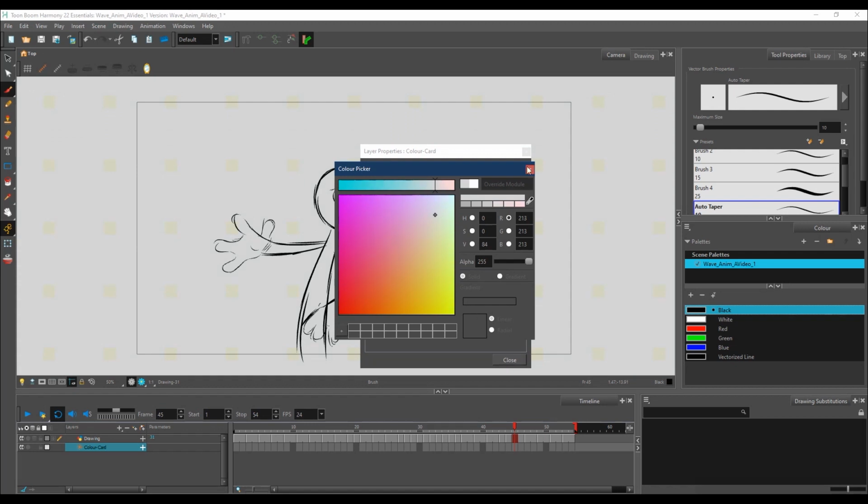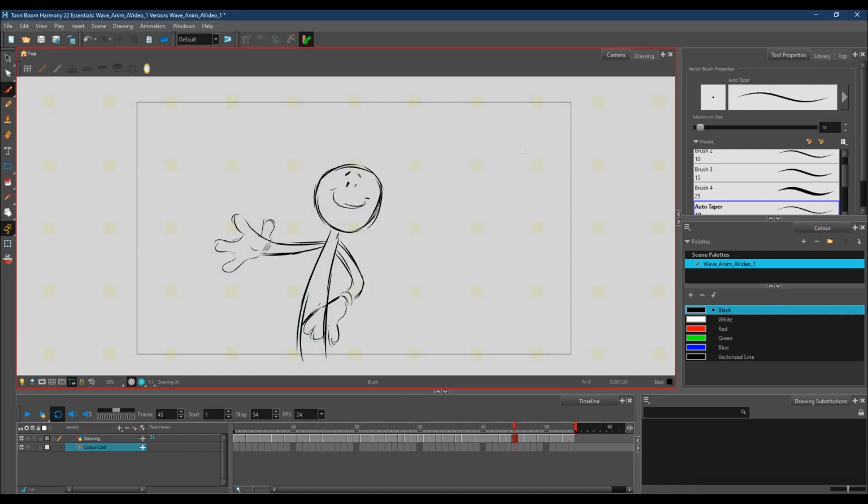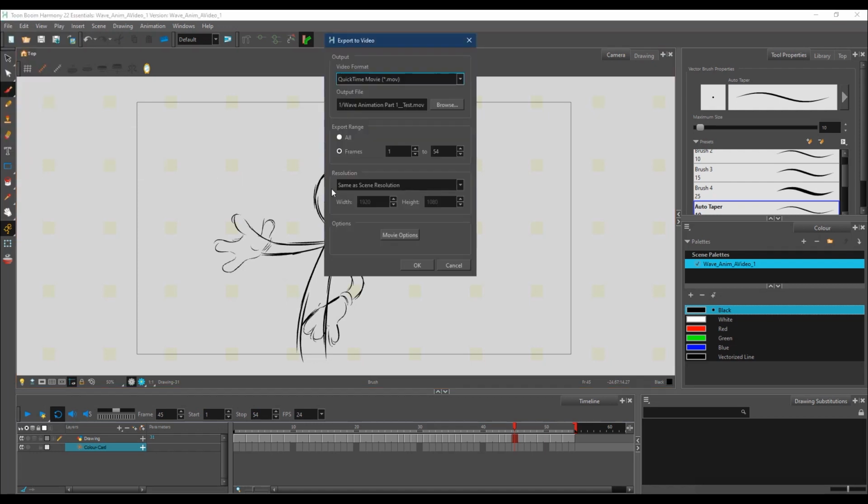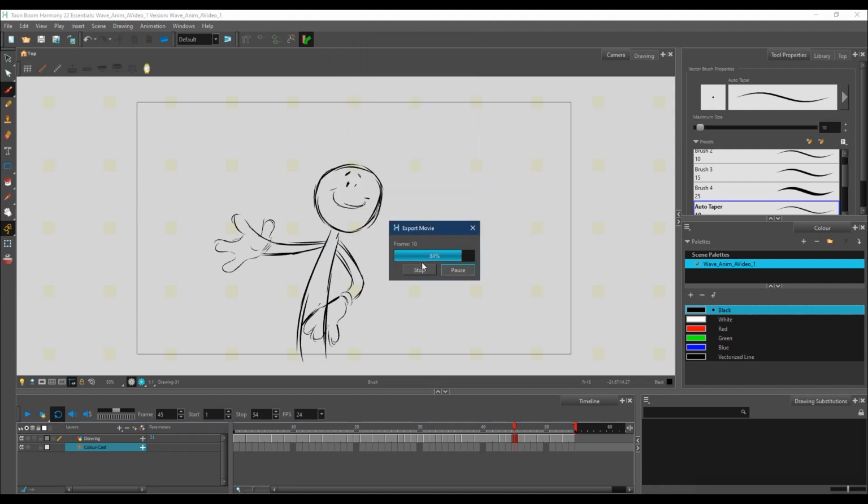And just click that, close this, and now when I go to export my movie, well, first off, anytime I make a change like that, I want to save again. Now I go to export my movie, and this time I'm going to change it and put in part 1 version 1, hit OK,